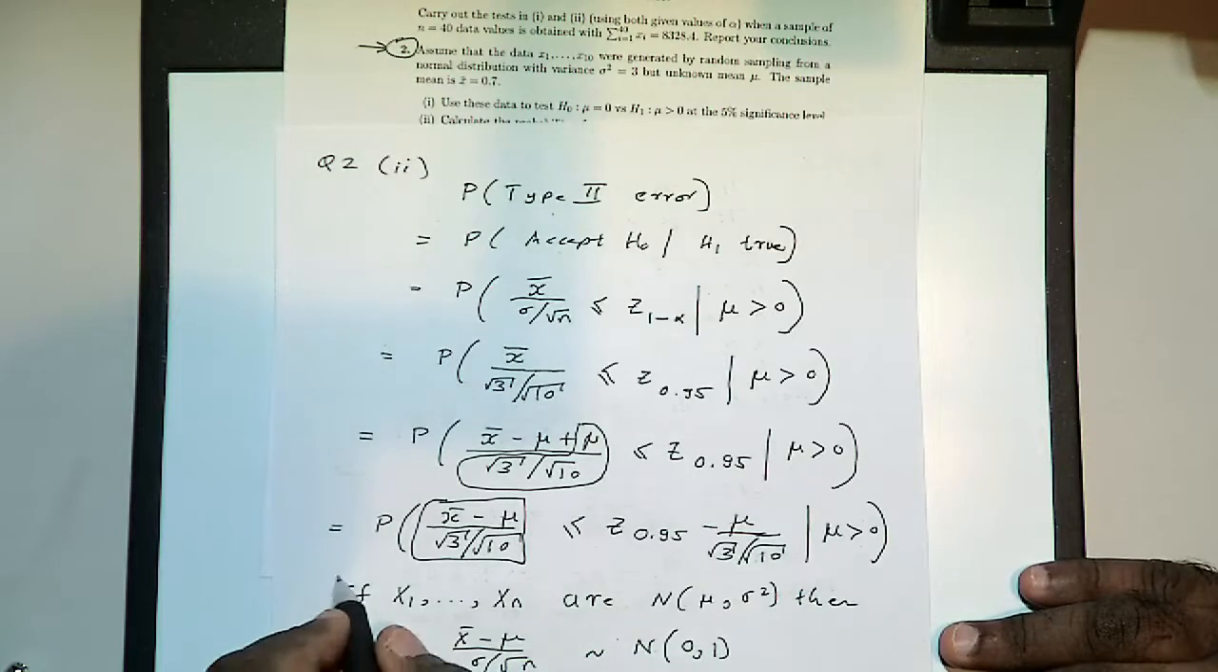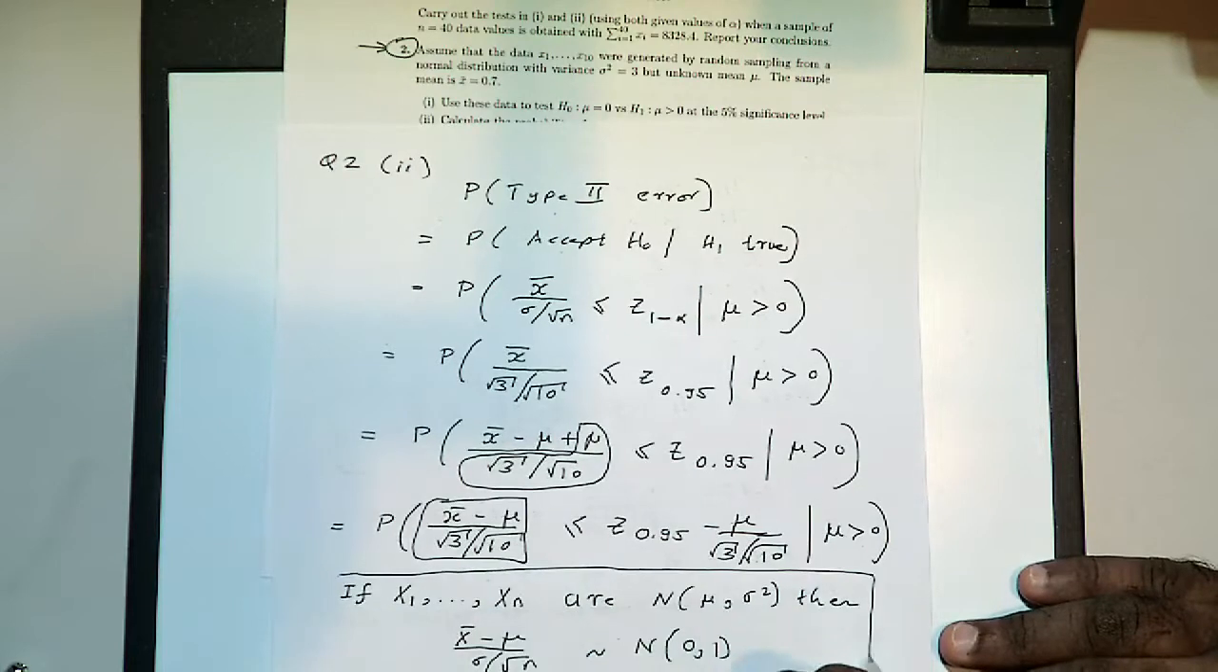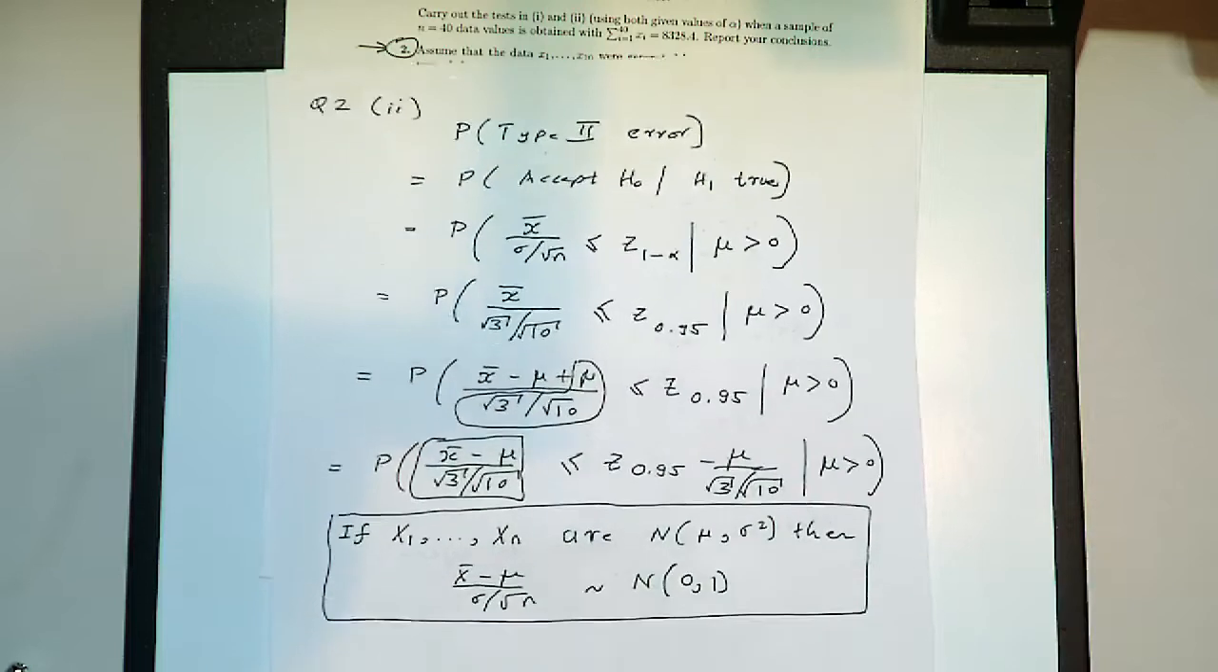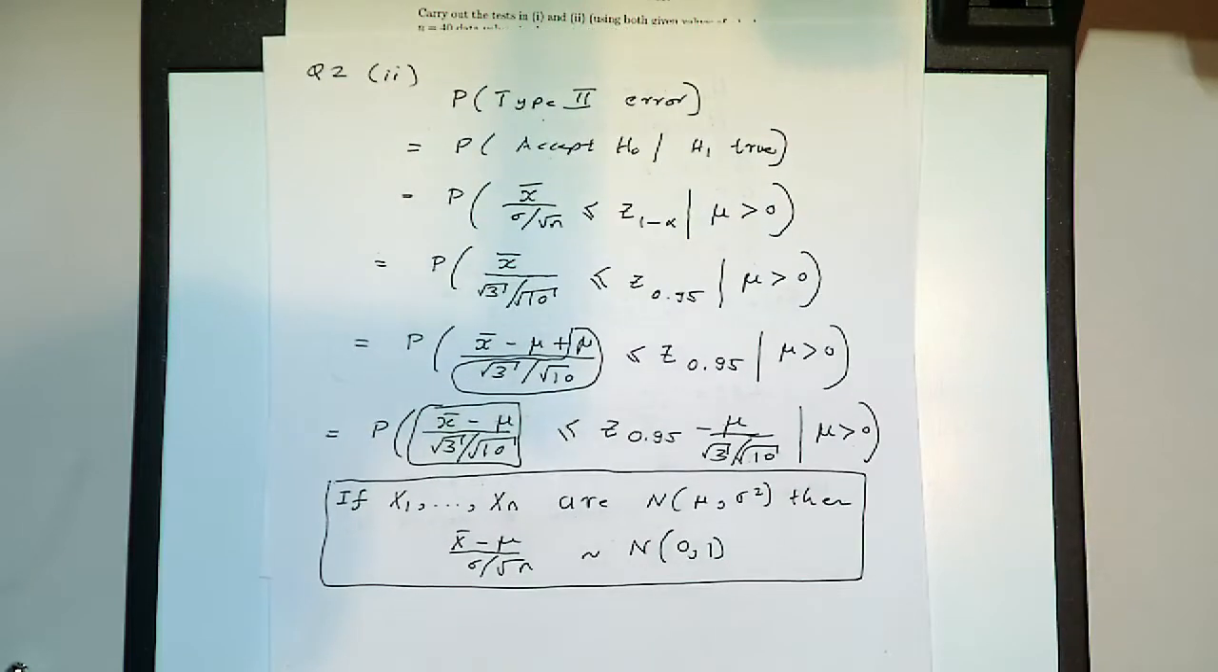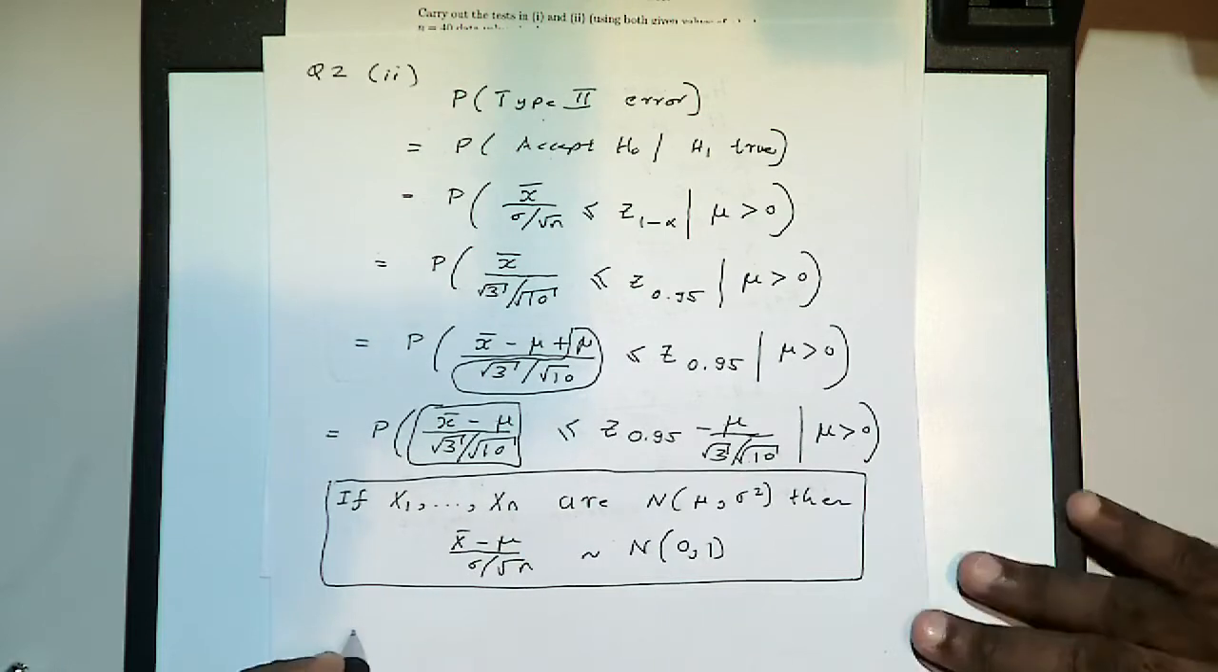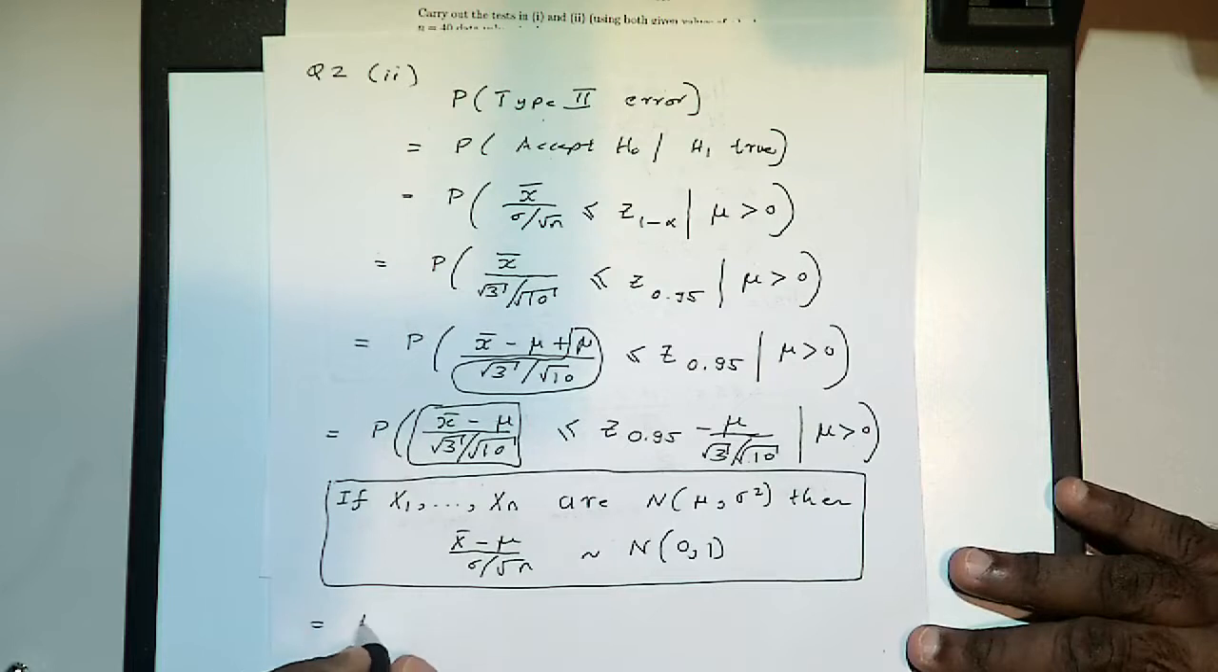Do you recall this property? This is a property that I talked about when I mentioned the normal distribution, right? Okay. So using this property, this guy here must have a standard normal distribution because of this property, right? Okay. So in the next step, I'm going to say this is N(0,1) less than or equal to